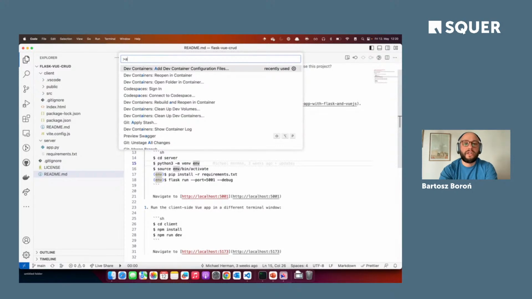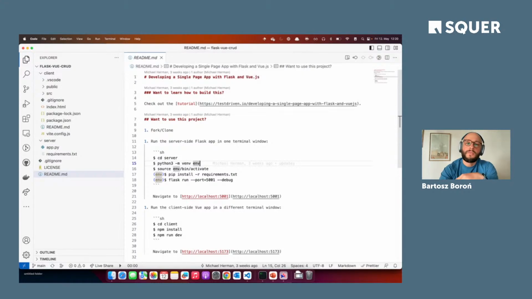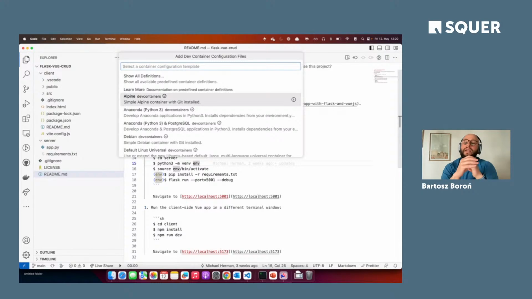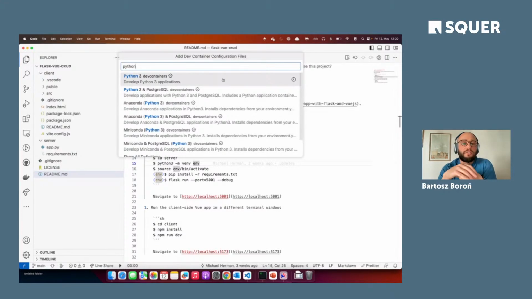All I have to do is say, okay, add dev container configuration file, which lets me select what kind of packages I want to have installed. I could reference an existing Dockerfile if I had any, but I don't. I don't want to do it from scratch. So I would select a Python dev container as a base image.